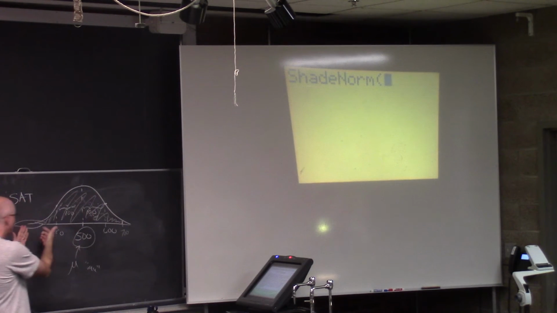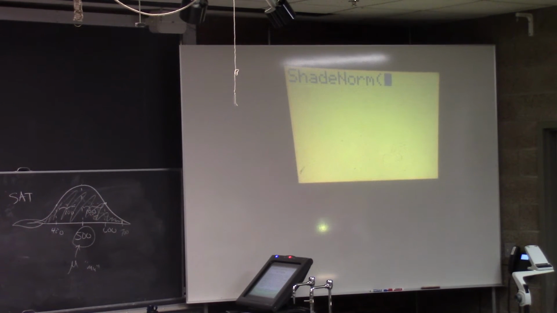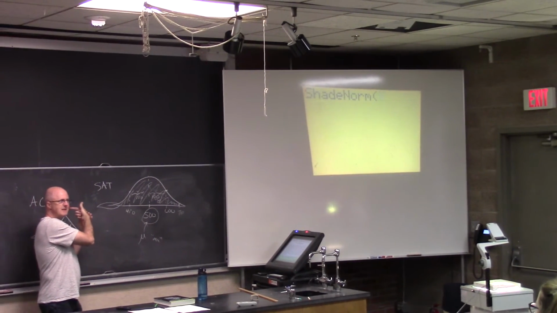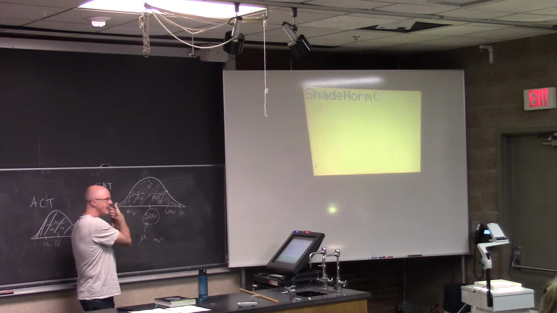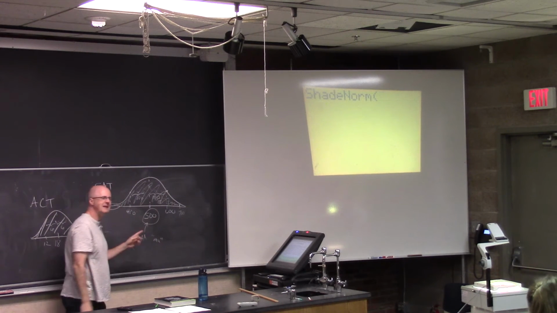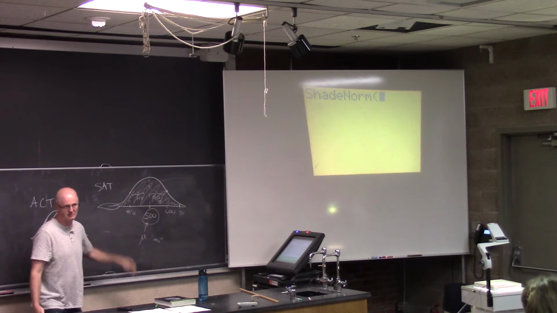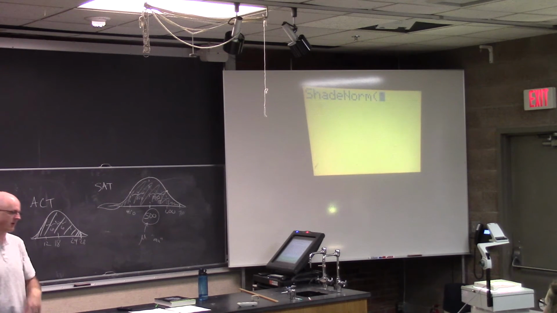Now the left endpoint, well, what is that? It goes on forever in actuality. You could say it's negative infinity. But as a practical thing, I don't want to type that in. There's so little area over here, if I pick 0, for example, that'll be good enough. Just pick something very far to the left there.